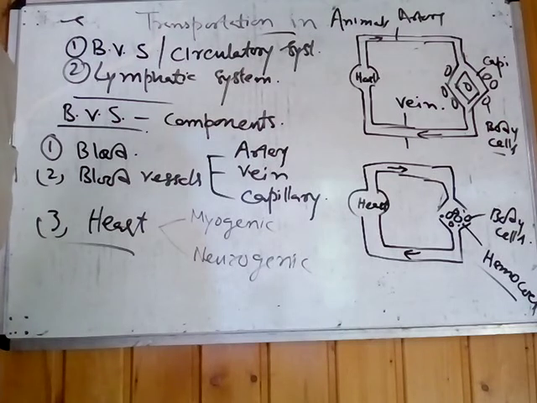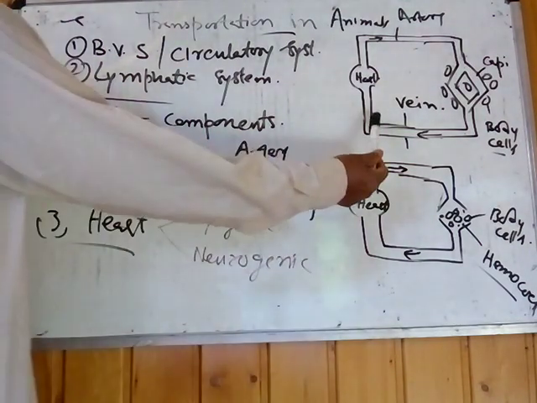Blood vascular system in animals क्या होता है, उसके टाइप्स क्या होते हैं, उसको हम थोड़ा आगे बढ़ाएंगे। एनिमल्स में जो ब्लड वस्कुलर सिस्टम है, इसके टाइप्स दो हो सकते हैं। If blood does not come out of the blood vessels at any point of time, it's called closed blood vascular